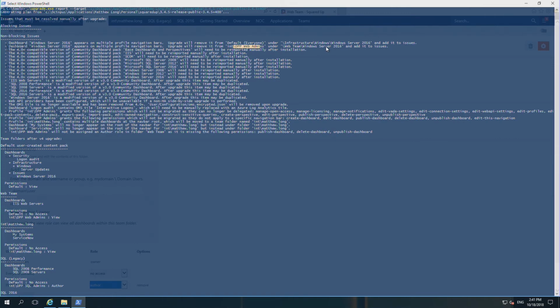And then choose appropriately. To me, that's the biggest thing you'll have to do with an upgrade, is sort out those conflicts where, for whatever reason, we can't decide where it goes in the nav bar, and then you're going to go and clean those up. So that's probably your biggest item as a Squared Up admin. And again, that's